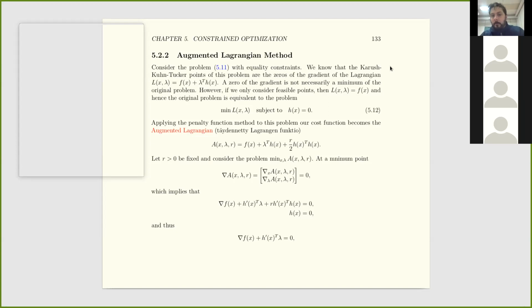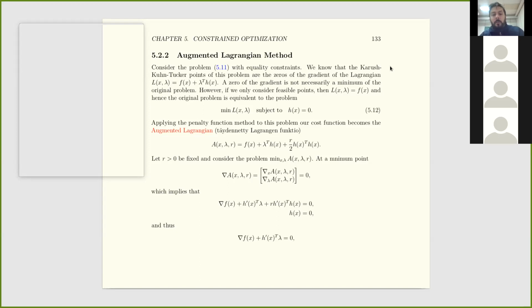The minimum of this should be found at points where the gradient is 0. And it turns out to be similar to the KKT conditions,